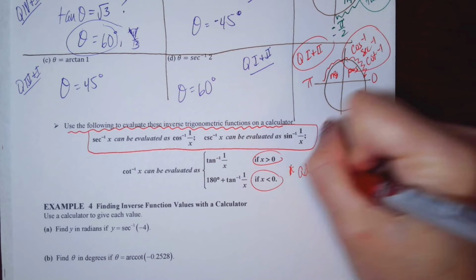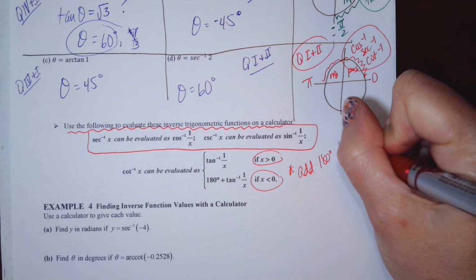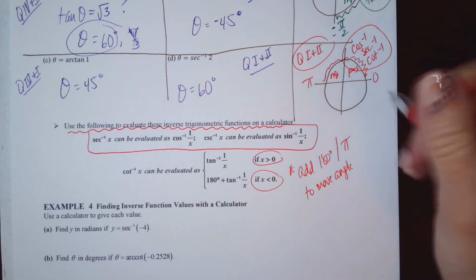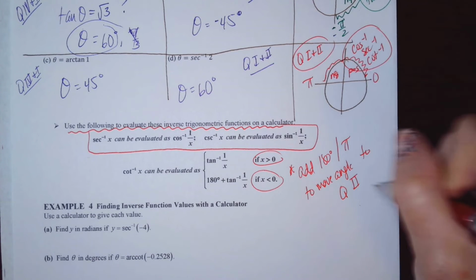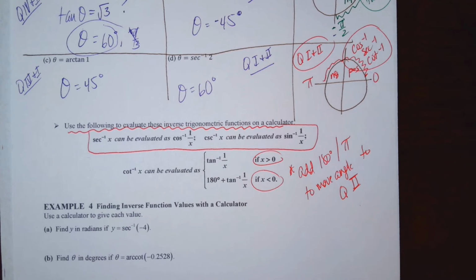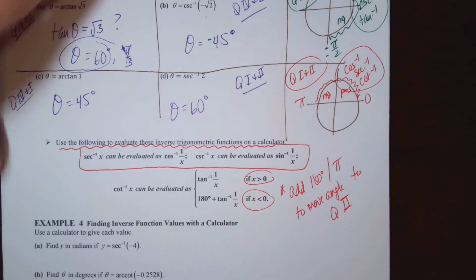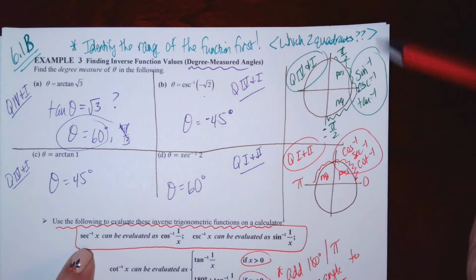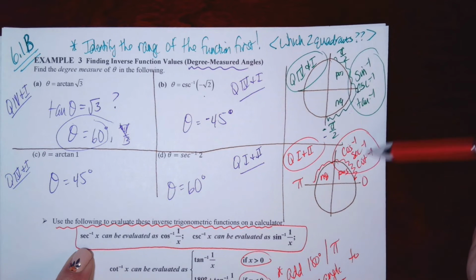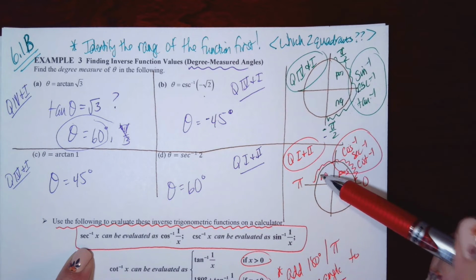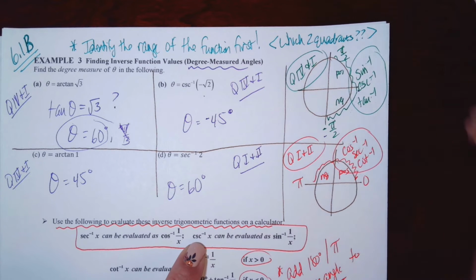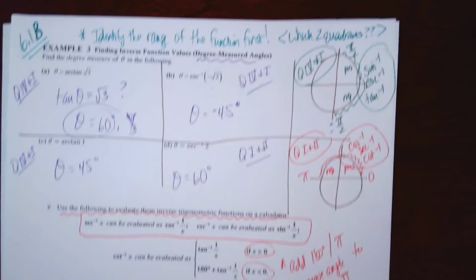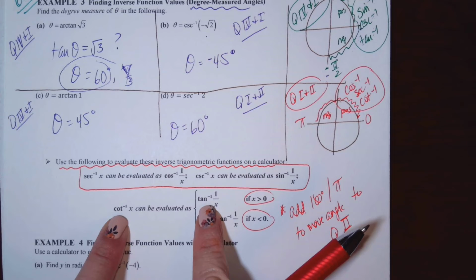So I have to add 180 degrees or pi to move the angle to the correct quadrant. Now, let's look at this and consider why. If I am looking at secant and cosine inverse, they are positive in the same quadrant, and negative in the same quadrant. If I'm looking at cosecant and sine inverse, they are positive in the same quadrant, and negative in the same quadrant. But if I'm looking at cotangent inverse and tangent inverse,